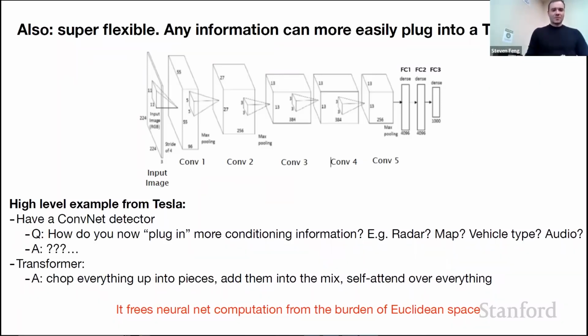At what stage? With the transformer, it's much easier because you just take whatever you want, you chop it up into pieces, and you feed it in with the set of what you had before, and you let the self-attention figure out how everything should communicate, and that apparently works. So just chop up everything and throw it into the mix is kind of the way, and it frees neural nets from this burden of Euclidean space, where previously you had to arrange your computation to conform to the Euclidean space of 3 dimensions of how you're laying out the compute. The compute actually kind of happens in almost like 3D space, if you think about it. But in attention, everything is just sets. So it's a very flexible framework, and you can just throw stuff into your conditioning set, and everything is just self-attended over. So it's quite beautiful from that perspective.